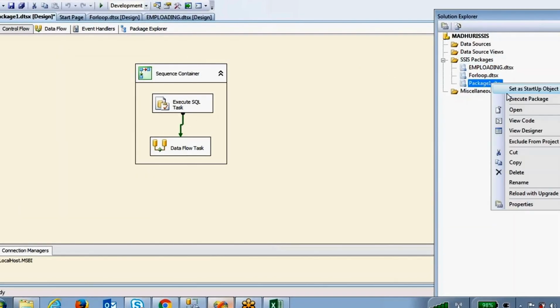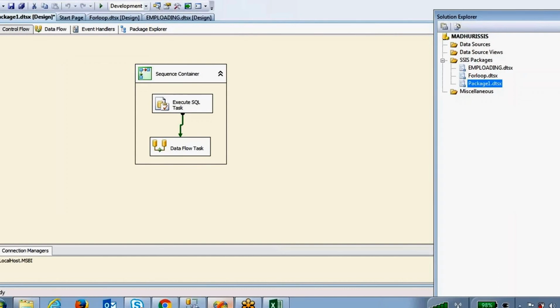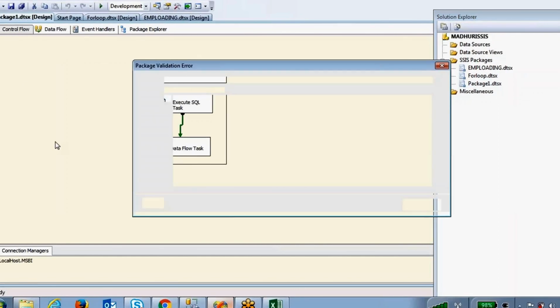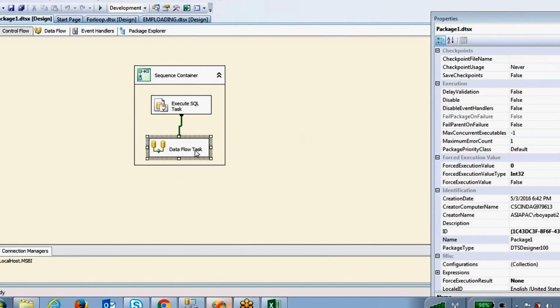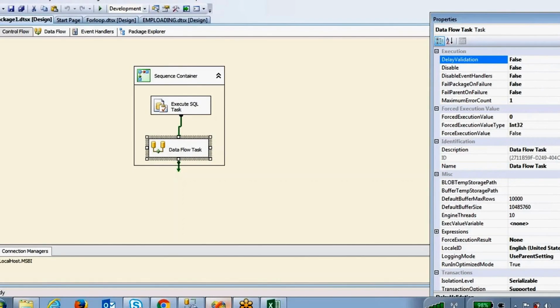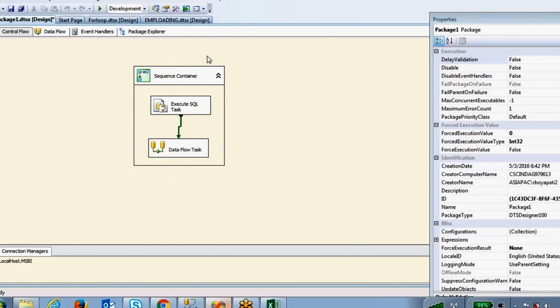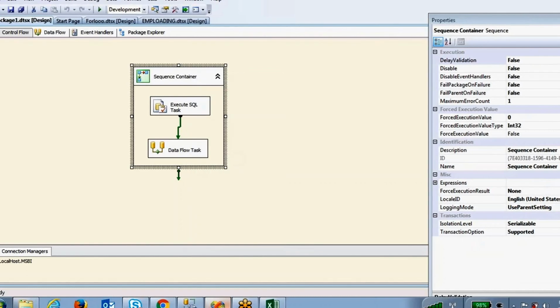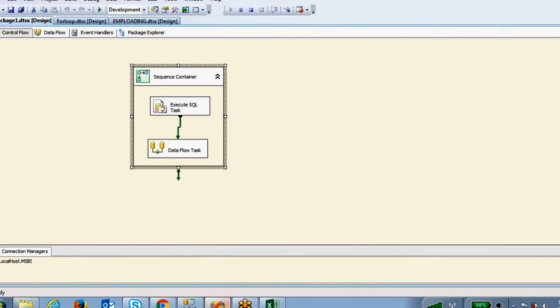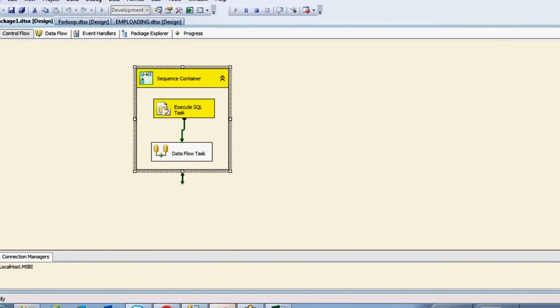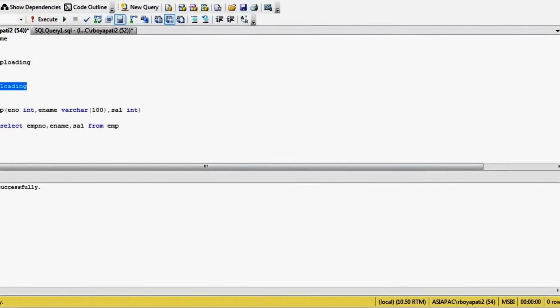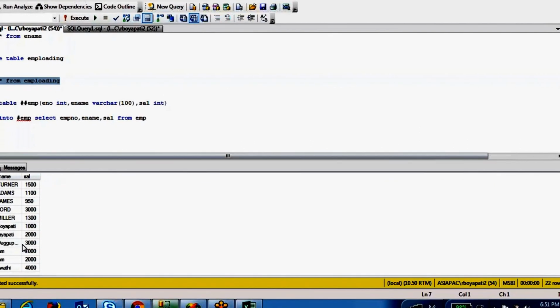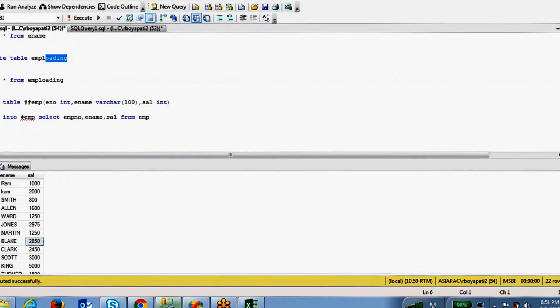Now I'm going to introduce the delay validation property; we have to make DelayValidation true also. Right click, execute. We have loaded the data.